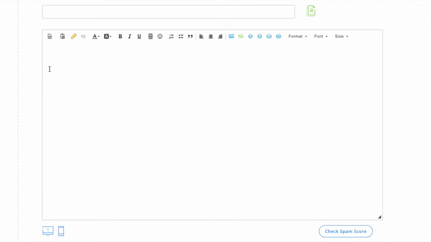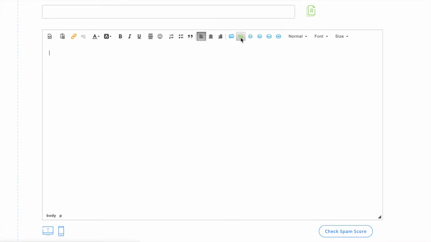But if you want to do your own, so let's say you're using our builder, which is coming, or you're pasting in your own HTML and you don't want to have us putting in the unsubscribe and the address in the footer because you want to include it in its own custom footer or something like that, you can do that. These are the tags that you'll use.